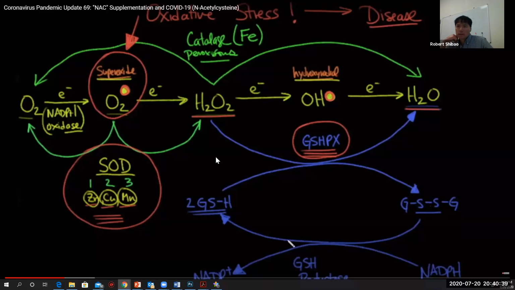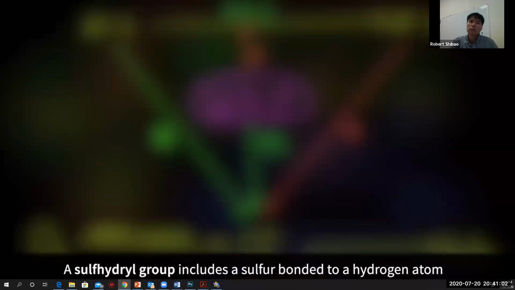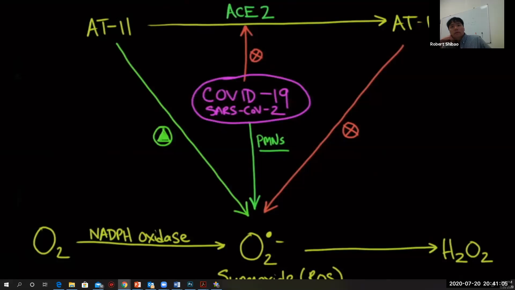It in turn gets regenerated back by taking the reduced form of NADP+, which is NADPH, and converting it into NADP+ through this enzyme called glutathione reductase. So there are other ways of reducing glutathione from its disulfide bond form into its sulfhydryl group. And again, the reason why this is important is because we've shown how superoxide can accumulate in oxidative stress environments, such as diabetes, hypertension, coronary disease, and that when you have COVID-19, that sets up a perfect storm of superoxide.